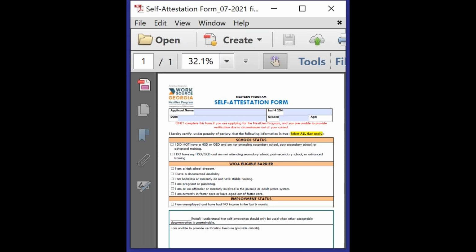All right, let me know if you're seeing the self-attestation form. Yes, they are. If you're having difficulty seeing it, there is a shrink icon. You can shrink and enlarge the screen if you are having difficulty viewing it.